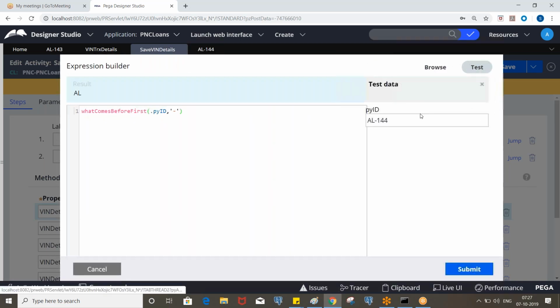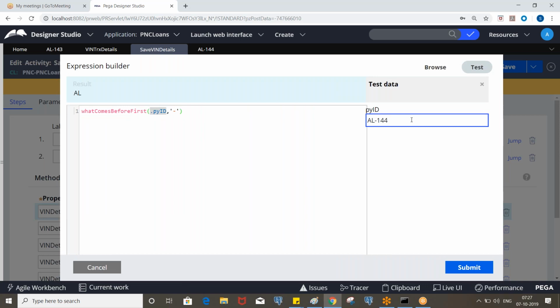Yeah, let's test this. So what comes before first? See here, AL dash 144 is the input string. What comes before hyphen?